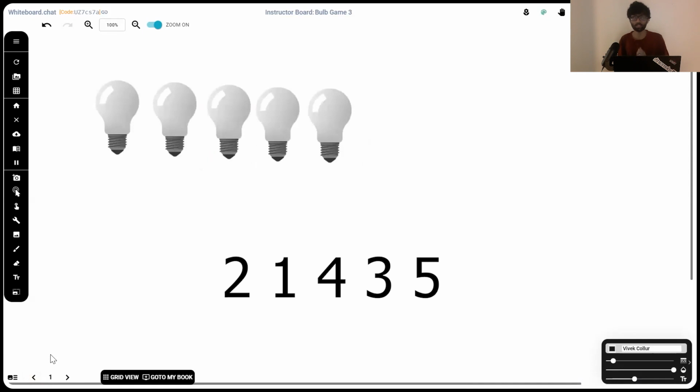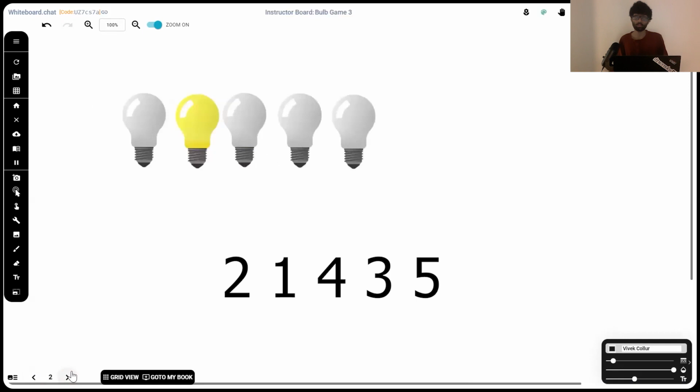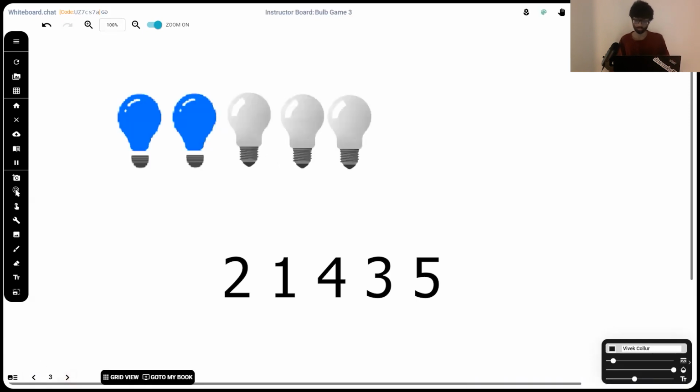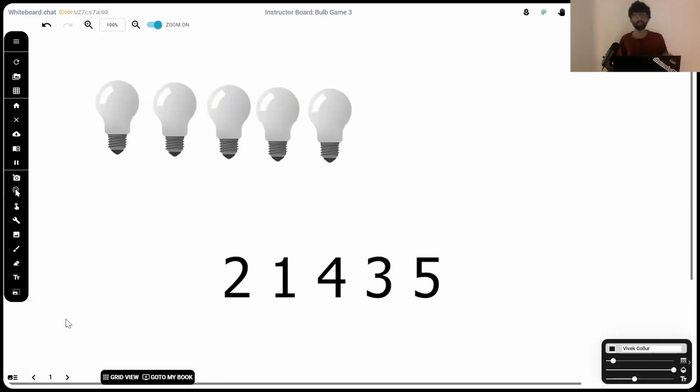So guys, this is the initial state. I'm going to be calling them states. You can call them minutes. So in the initial state, state 0, 0 bulbs are on. Now in state 1, 1 bulb is on. In state 2, 2 bulbs are on. In state 3, 3 bulbs are on, and so on. Now that's going to be a big deal. Keep that in mind.